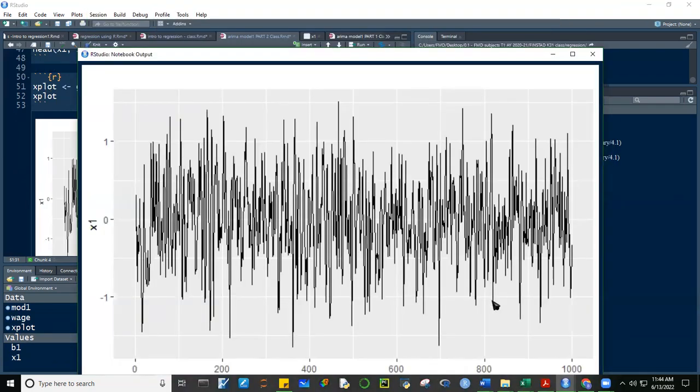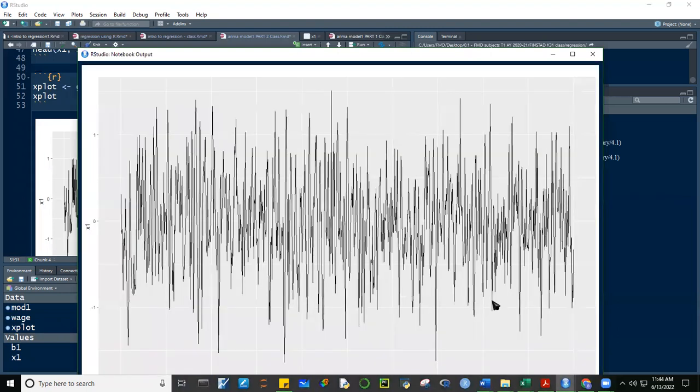Okay, what can you say about our data? Is it stationary? Constant ba yung mean? May trend ba? Chat please, guys. Constant ba yung mean? Guys, constant ba yung mean?